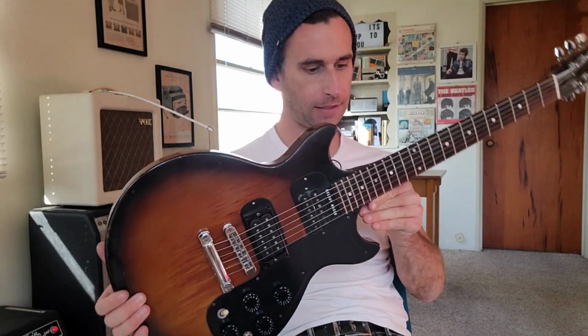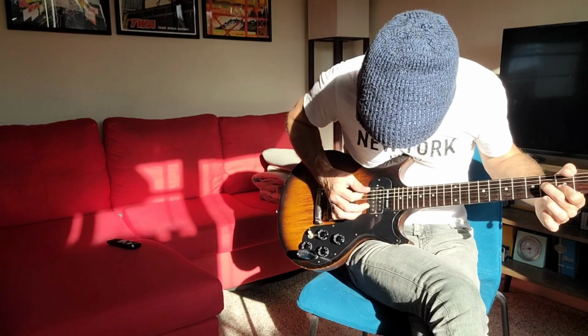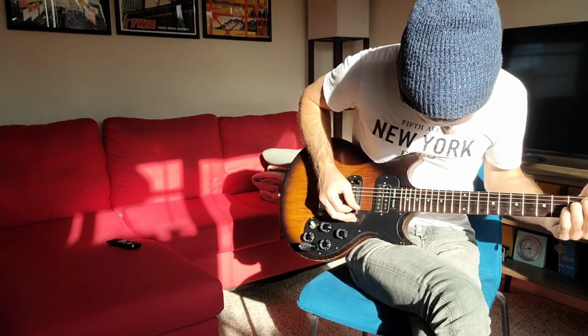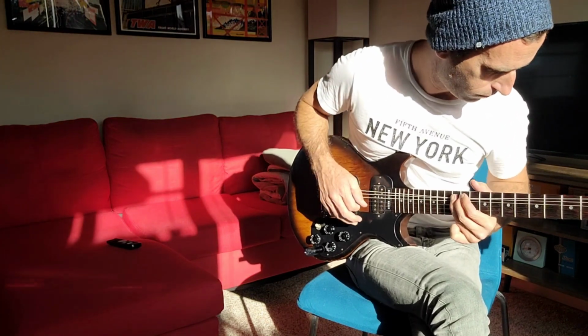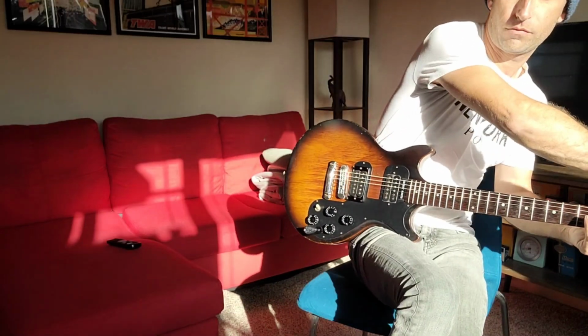So it's got modifications done to it, but the modifications were done with love. Like they were done with the best of intentions in mind. You know, sometimes you see modifications and they're really a hack job and they're really not coming together. But this brings up an interesting point, and the reason that I'm talking about this is kind of the subject